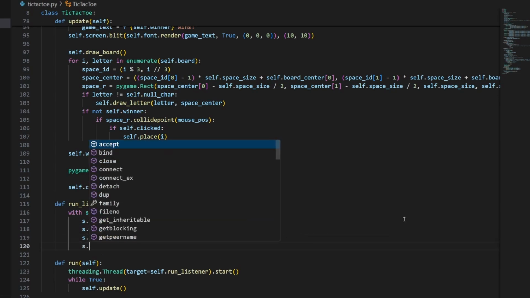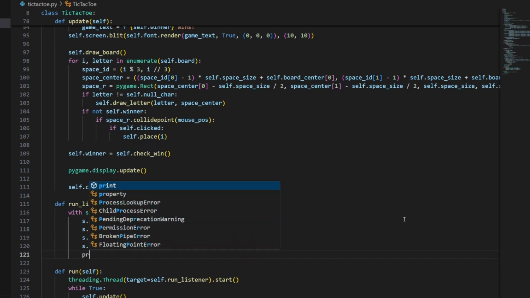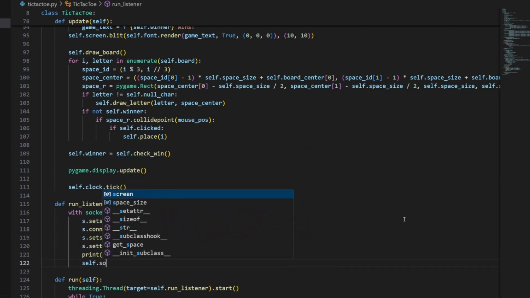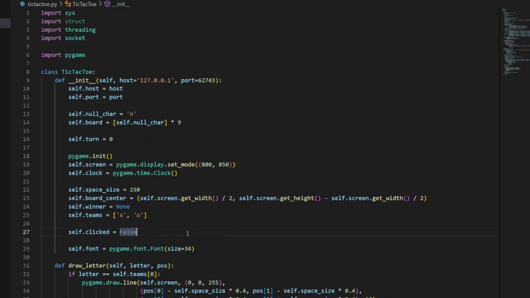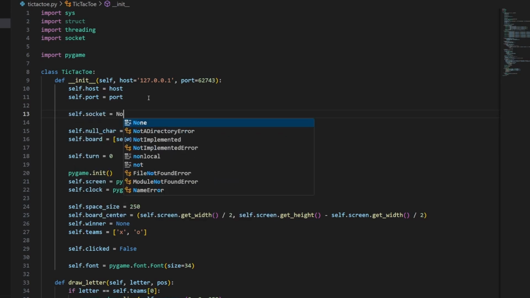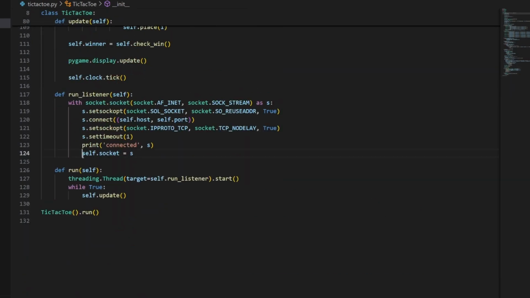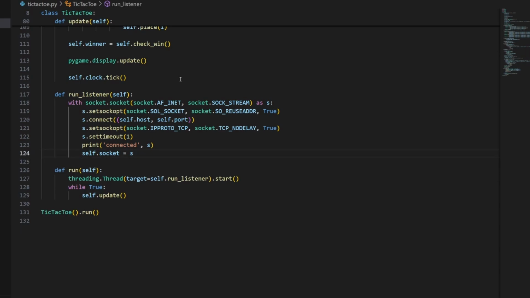And then we want to set our timeout to 1 and print connected, s. Self.socket equals s. So I want a socket object that can be used by anything in here. So I'll go ahead and say self.socket equals None at this point, and then we'll just do safety checks to make sure it was actually set properly here. Just check to make sure it's not None. Then you know you have a connection. So in here, we'll be able to do our loop, but at this point, we should be able to connect